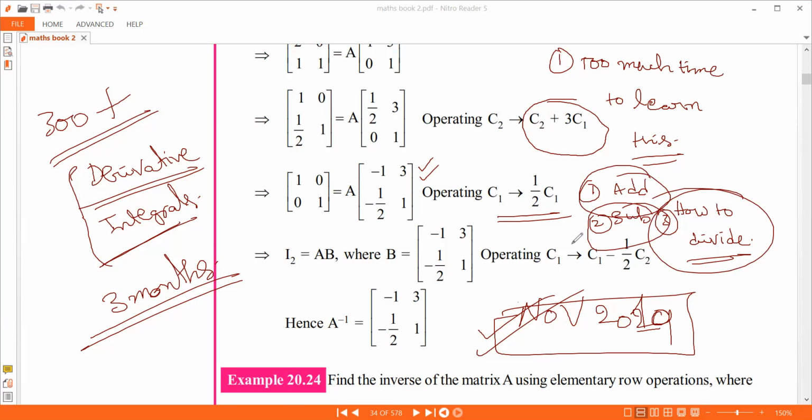You don't apply the 5th class thing and then say that you learned something new. The only thing is I have to tell you the trick of how to add and subtract. There's a method to add and subtract. If I tell you the method, here it is written, C2 is equal to C2 plus 3C1. You add the column 2 elements by multiplying the column 1 elements with 3. You just add. That's what it means. But for this, you need not give a tremendous amount of practice for 3 months.